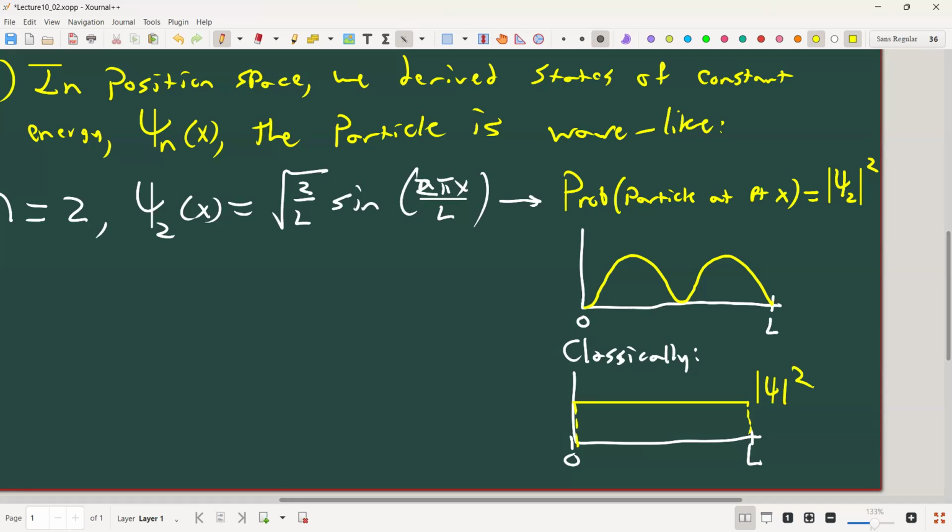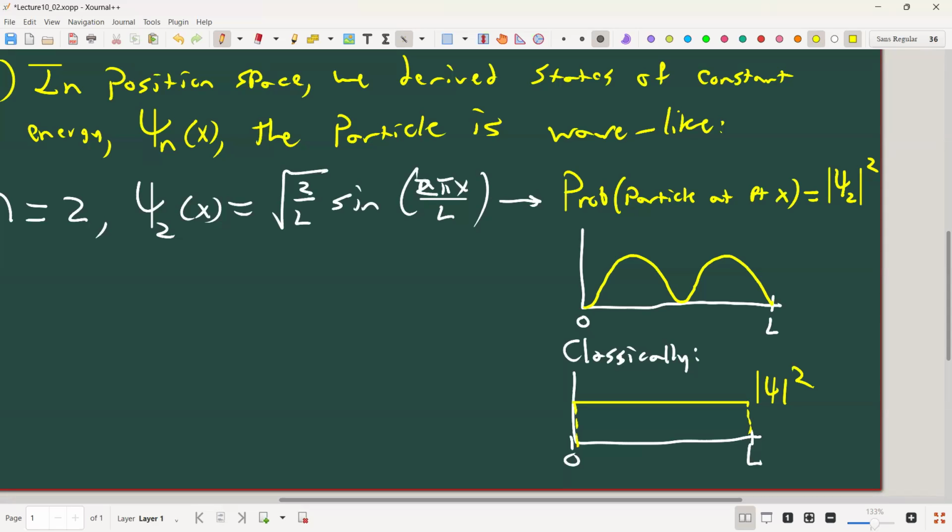Ideal gas says that inside your box, the pressure is the same everywhere, right? And what does it mean to be pressure? That means the number of particles per unit volume is fixed. So in a box with many classical particles, classical billiard balls just bouncing around randomly, you expect to find the same amount of billiard balls in every little point in the box. So there's an equal probability of finding one billiard ball anywhere. So you get a flat top distribution classically, meaning you can find it anywhere, totally uniformly distributed. But a particle localized in the box quantum mechanically, like an electron or an atom inside of a box that's small, microscopic,